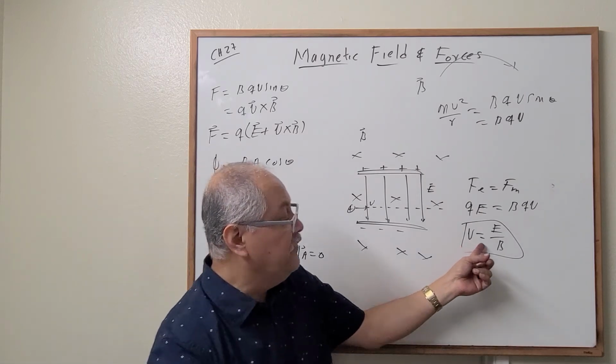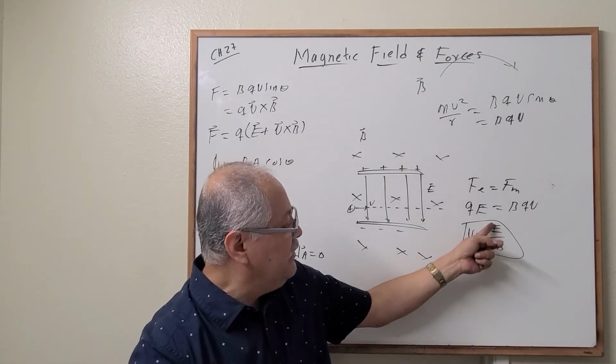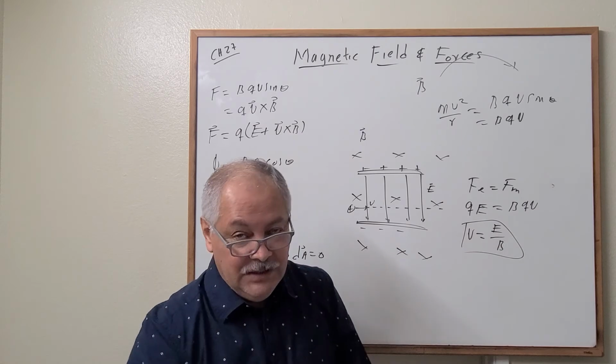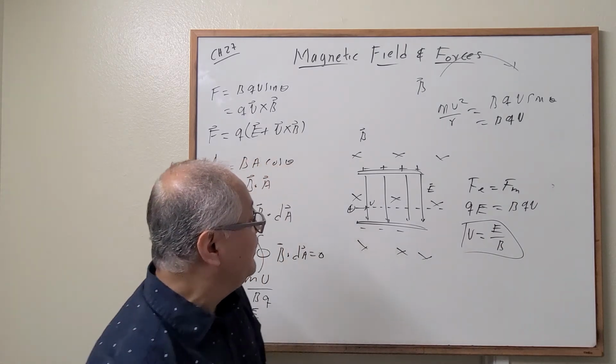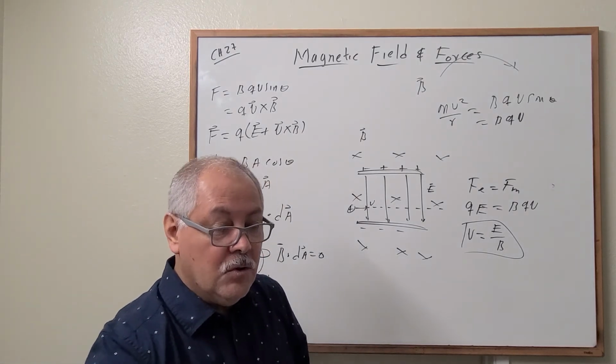Actually, this formula is used to find the speed of light, right? We call this the speed of light. Speed of light is coming in that way. Okay, perfect. Great. Now let's go to